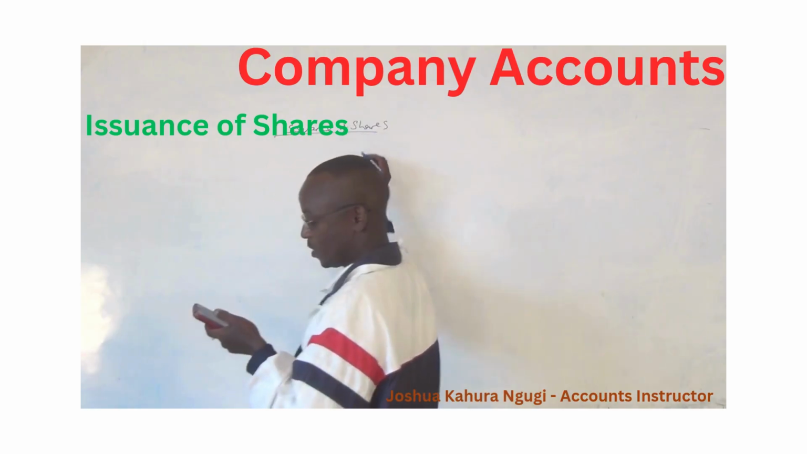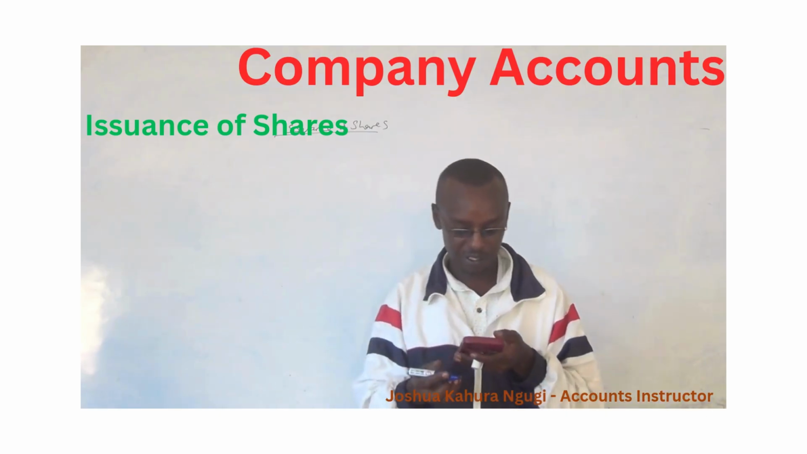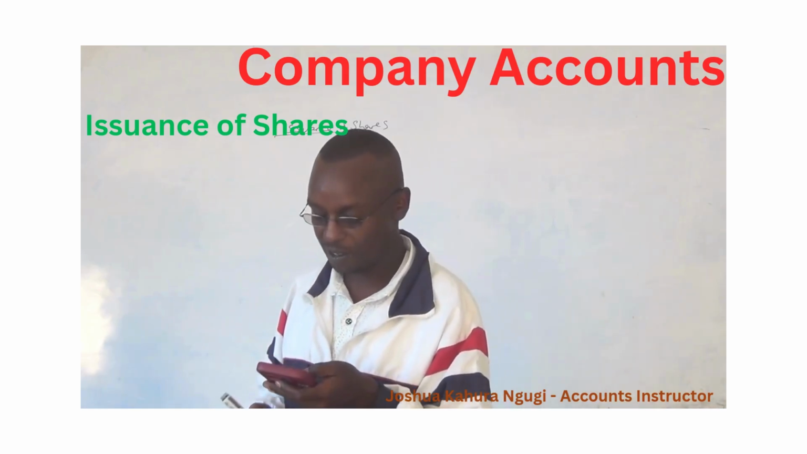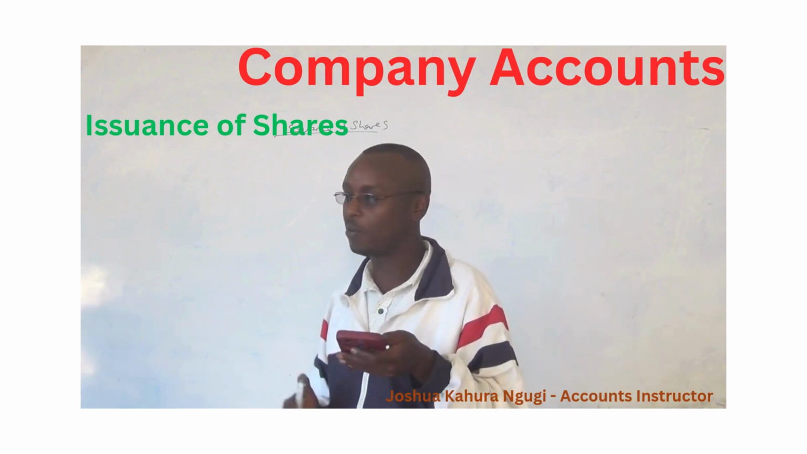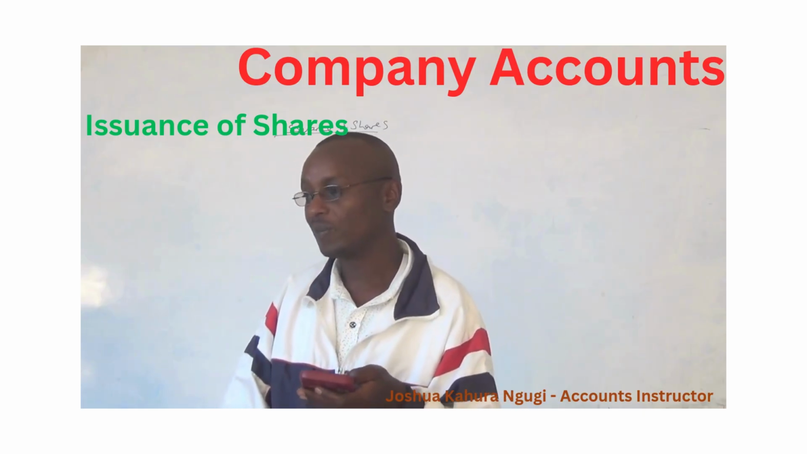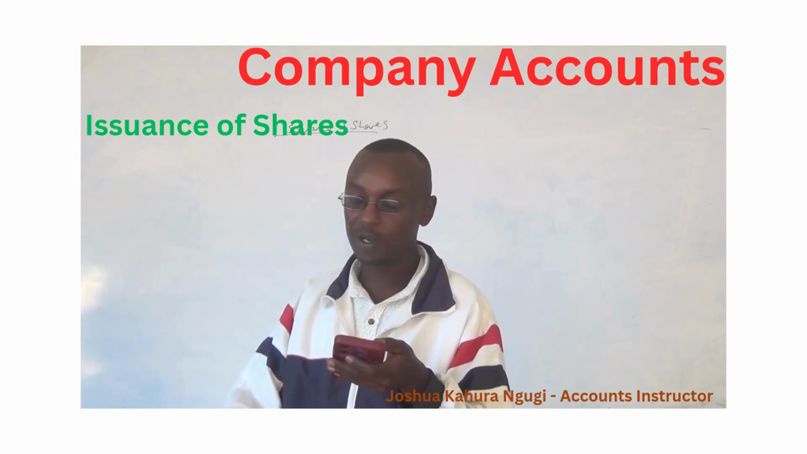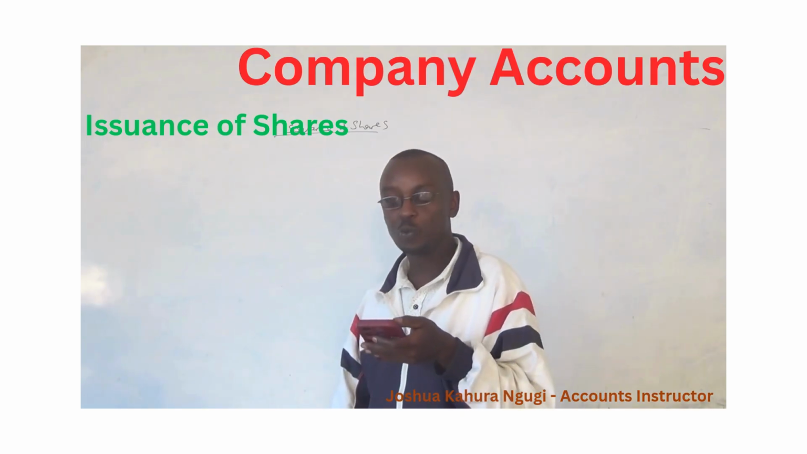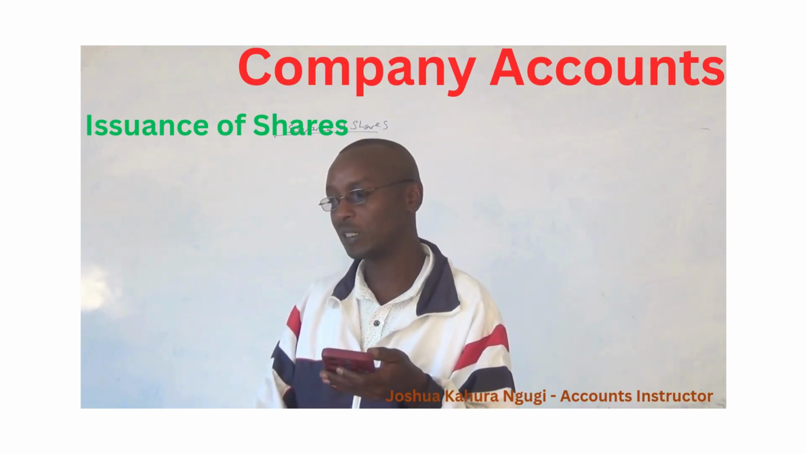The first thing that you should know about the share issuing process is that the process of issuing shares to the public starts with the company issuing the prospectus. So when the company issues the prospectus, it invites the potential investors to come and apply for the shares. So the prospectus will indicate the amount payable per share